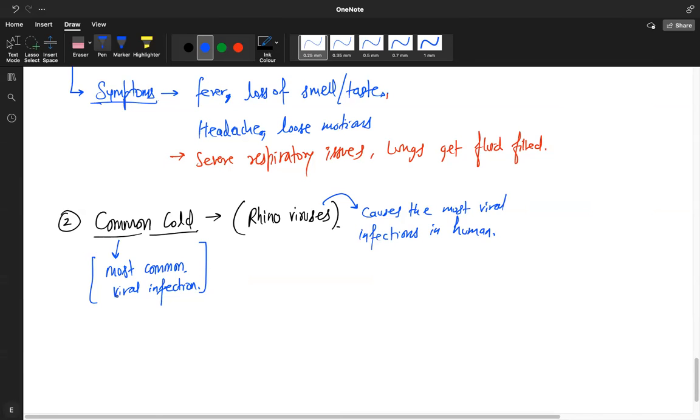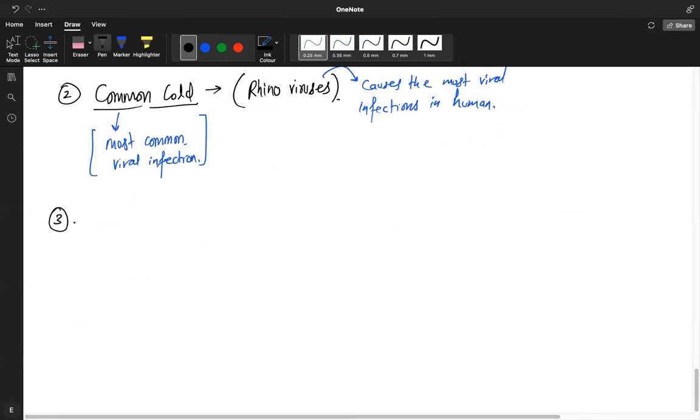Any idea? Which is the virus that causes dengue? It's called flavivirus. Okay, I'm writing it here. So just know it because it's very common. Dengue is caused by